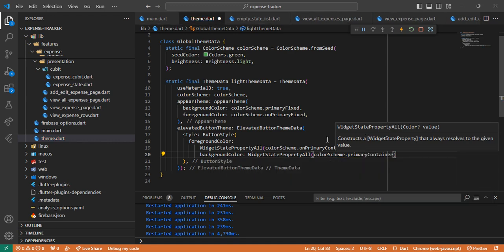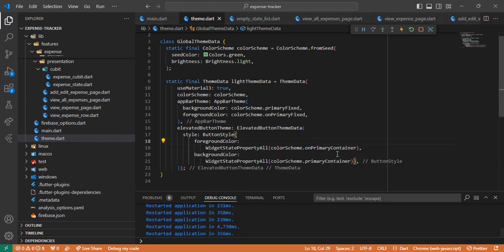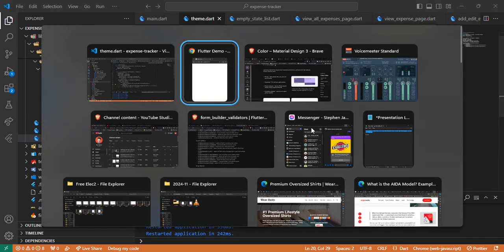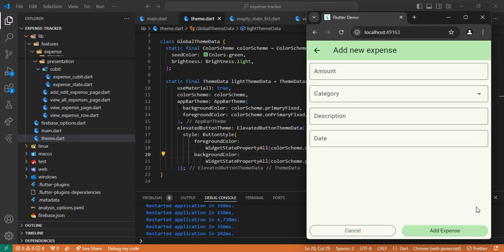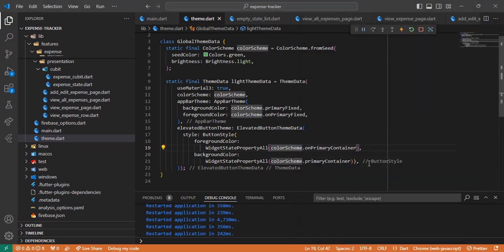Yan. So again, on primary. Yan. And then let's see. So yan yung magiging itsura natin, button style. Yan. Okay, so now